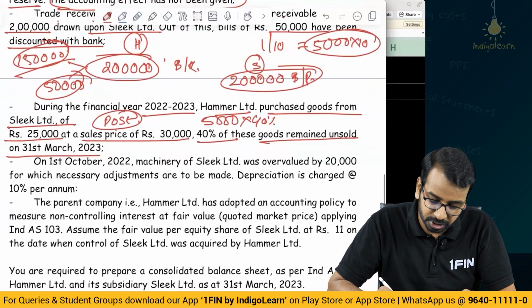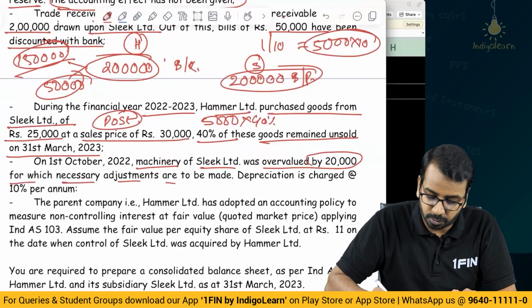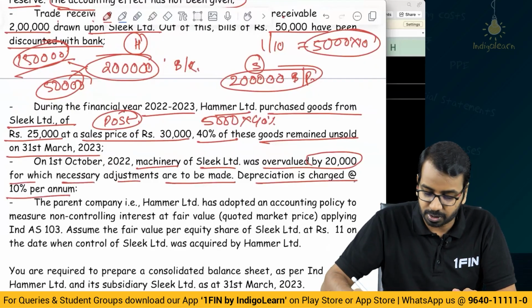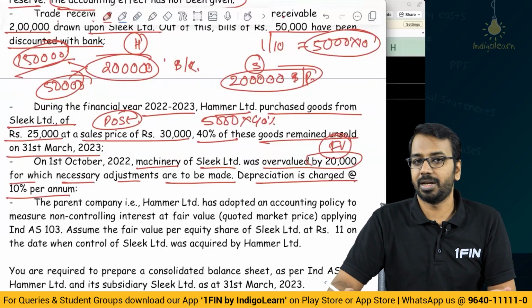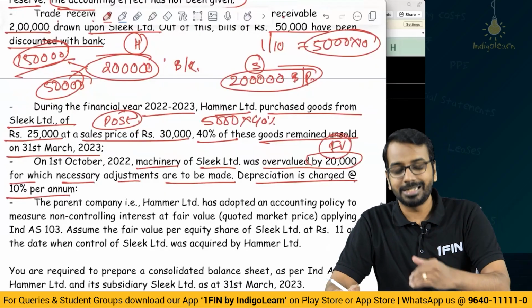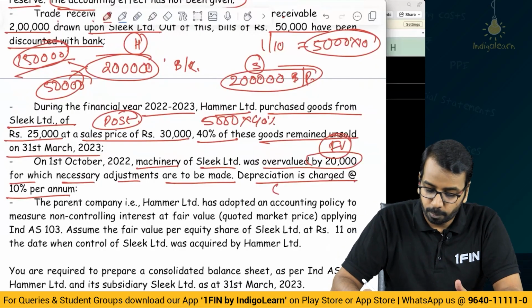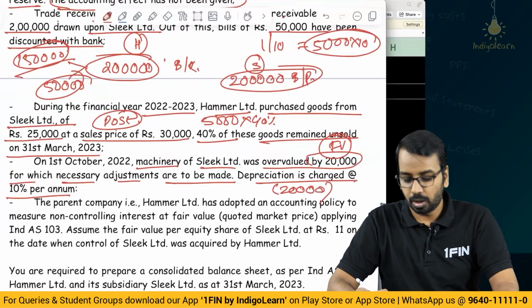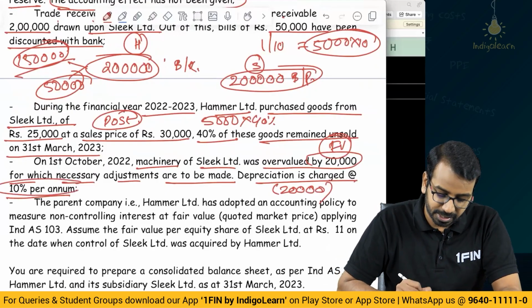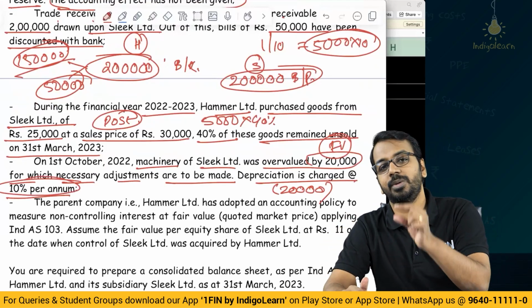On 1st of October, machinery of Sleek Limited was overvalued by 20,000, for which necessary adjustments are to be made. Depreciation is charged at 10% per annum. This is my fair value adjustment. What will I do for my fair value adjustment? Here they have said it is overvalued, means I have to bring down the value. If I have to bring down the value, I will do minus 20,000, right, on the date of acquisition column, and this 10% depreciation, because the value has come down, in the subsequent period depreciation amount will be lesser by